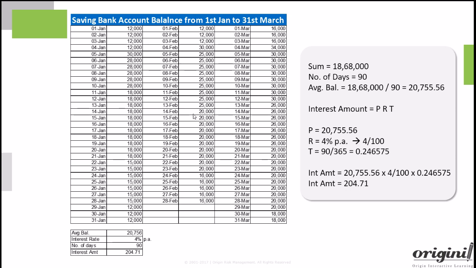You could have also done the same calculation by working out interest on every single day. In this case, you would use end of day balance as the principal, interest rate would be 4%, and tenor will be 1 day divided by 365. You would need to add up such interest for every day to work out the interest for the quarter. That amount would be same as what we calculated here.